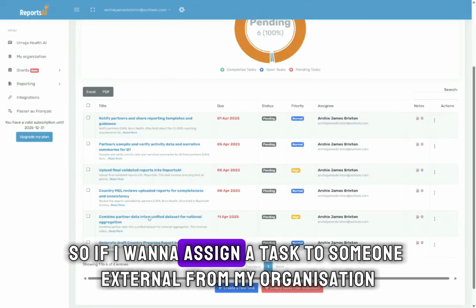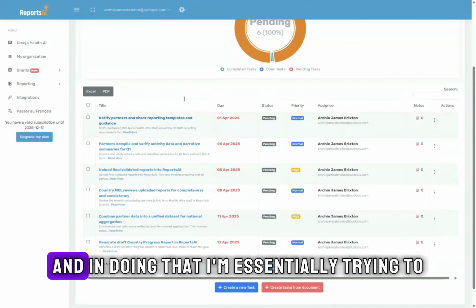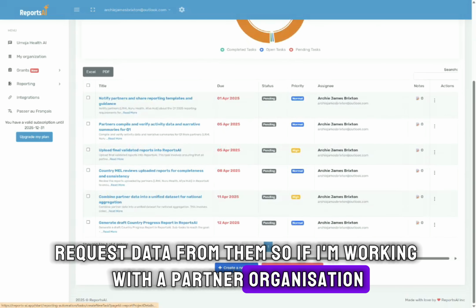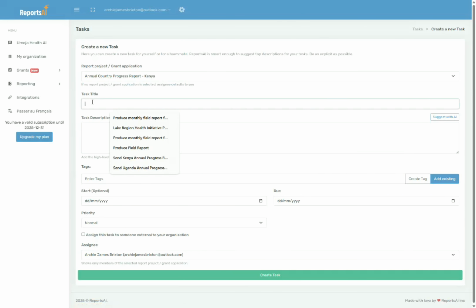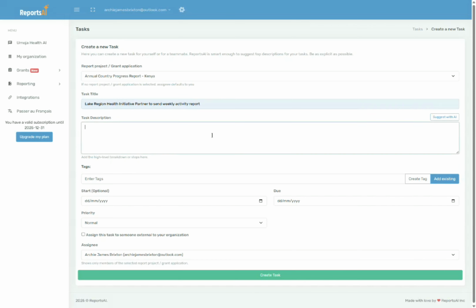So if I want to assign a task to someone external from my organization, and in doing that, I'm essentially trying to request data from them. So if I'm working with a partner organization, I can do that. I can click here, say create task. And I want this Lake Region Health Initiative partner to send a weekly activity report. And say this is the